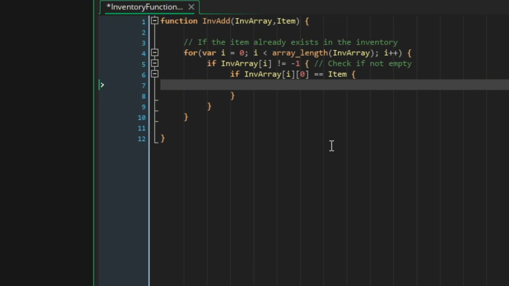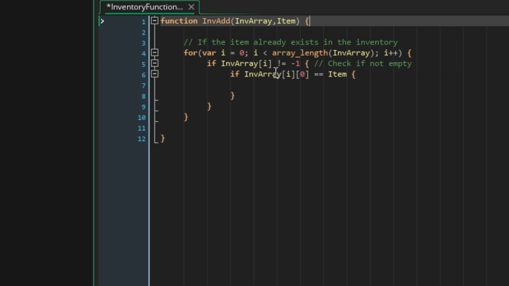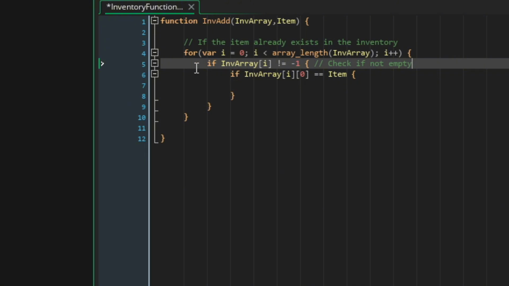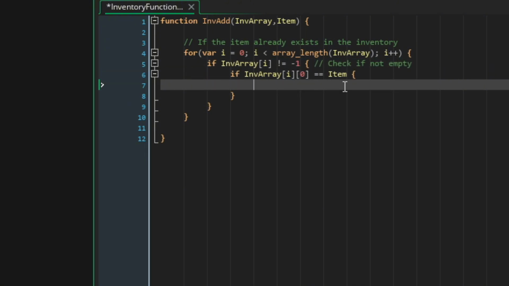There might be a whole other way to explain that, that's just the way I understand it. And this being a beginner tutorial and all, we should definitely keep it as simple as possible. So if there's an item there and that item is the item we're trying to add,